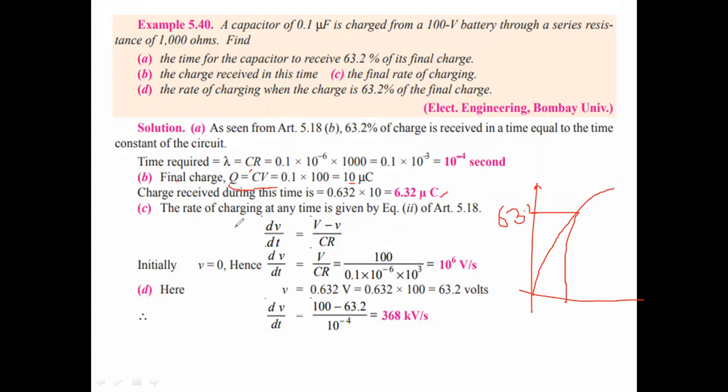The next one, the rate of charging at any time, is given by equation 2 of the previous one, and that is dv by dt equals V minus v by CR. What we have discussed previously. From that, initially small